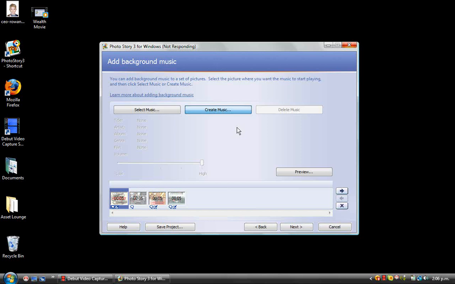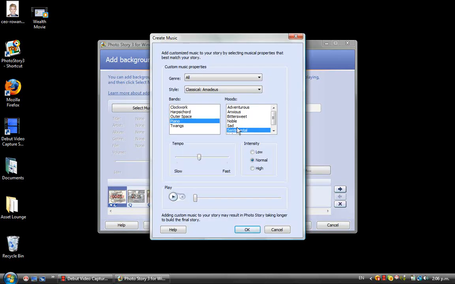We want to find something quite upbeat because we're wanting to create wealth. So we'll click on the genre and look for something like rock. See the style, rock 80s, that's fantastic. The band, classic, great. Just set the mood to legendary. Then we can play that, and if we're happy with it, we can click next or OK down the bottom.